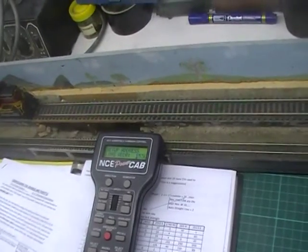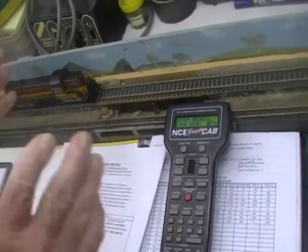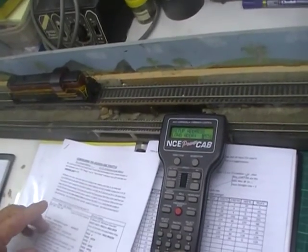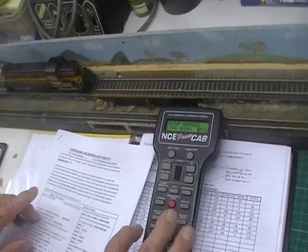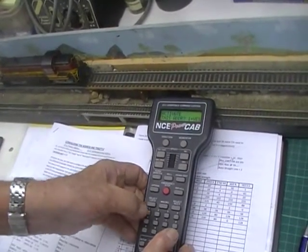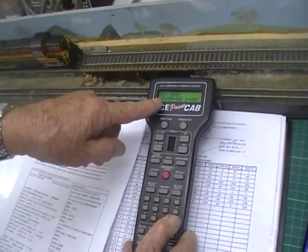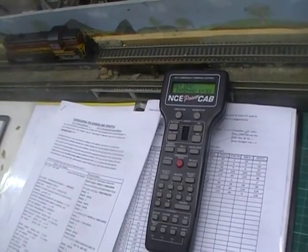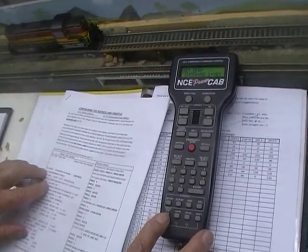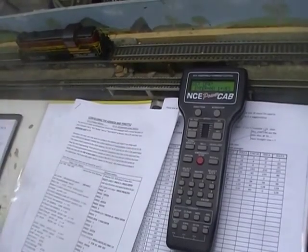Now what about the long address, 1536? If I was actually converting it from the factory setting of 3, I'd put in 1536, which is already in there, so we'll just press enter, but otherwise you would have put in 1536. Activate this address. Yes. And enter. Now at that stage, if you just want to put a number in your loco, that's all you need to do. You would press program escape, and you'd be finished, and the engine should run on